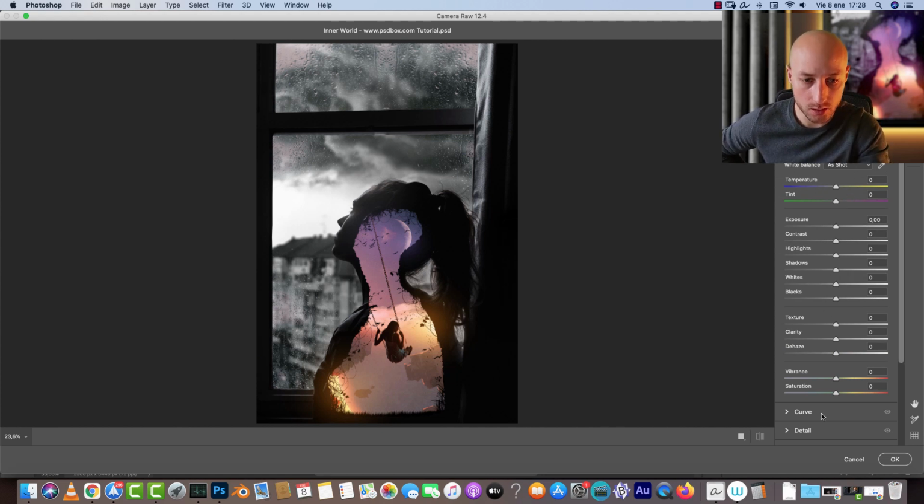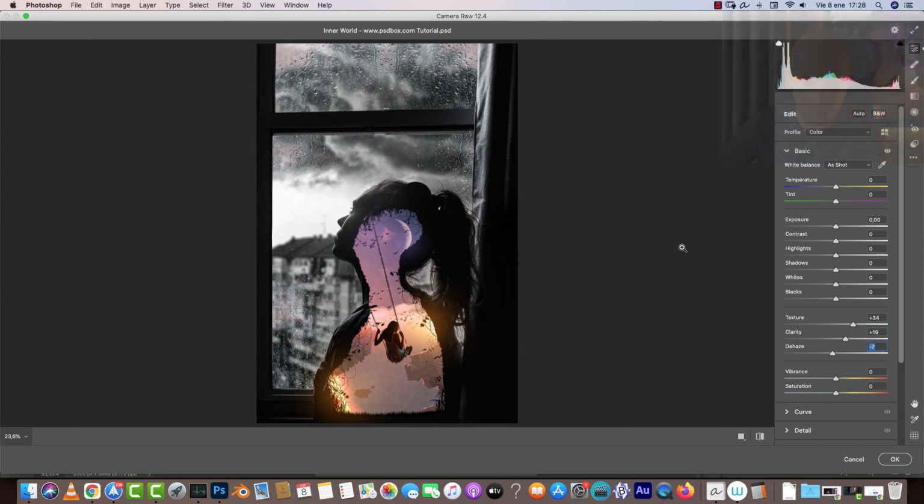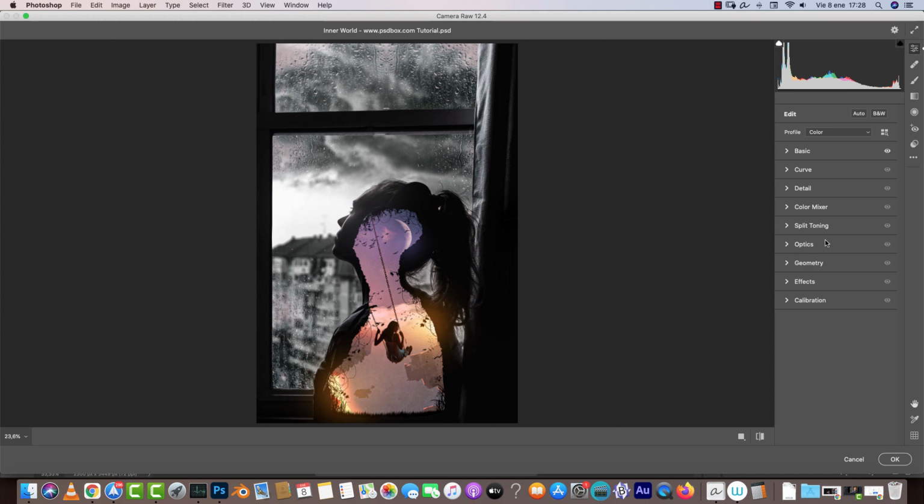I will not touch the color or the vibrance. I will just increase the texture. This is a new slider, maybe you don't have it, but increase the clarity a bit. And the dehaze, now I will actually use a negative value just to give it a bit of a dreamy effect. And what else? Probably here on the